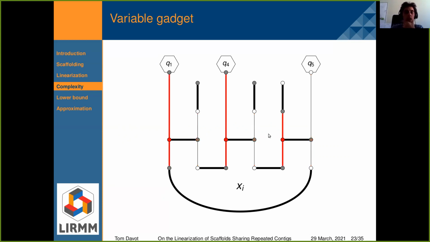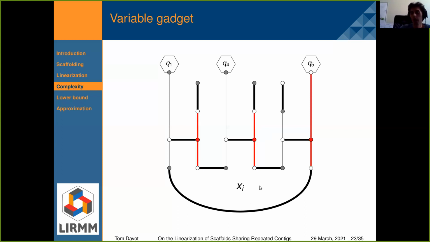And I use that to make an assignment for my variable. So if the white vertices are cut, then I assign xi to false, and if the gray vertices are cut, then I assign the true value to xi.